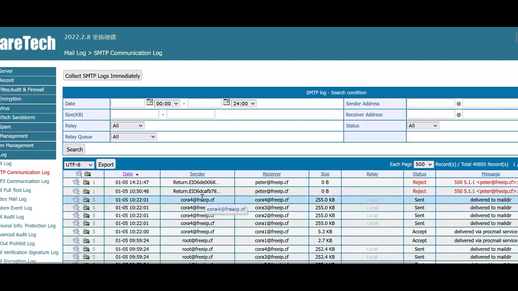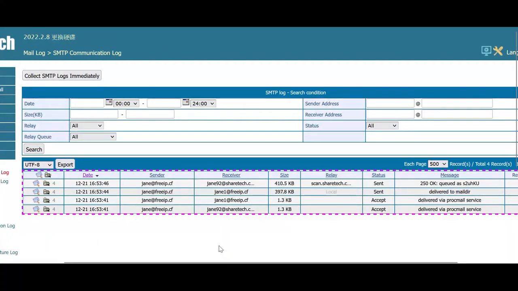If it's regular SMTP communication, you can see there will be 2 SMTP logs in each mail, and apparently these mails include 2 receivers, and the sender will be this one. Right here you can see there are 2 statuses, accept and sent. Accept means the mail server received this mail to itself, and sent means the mail server transferred this mail to